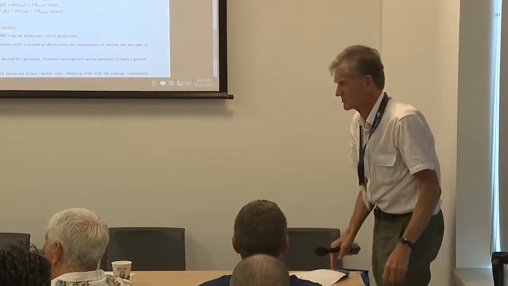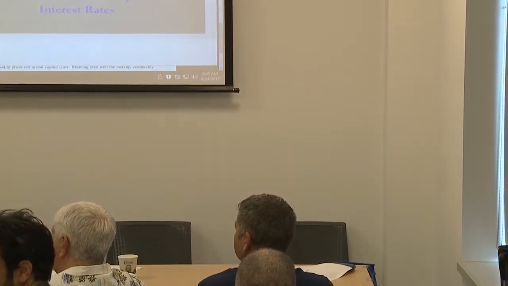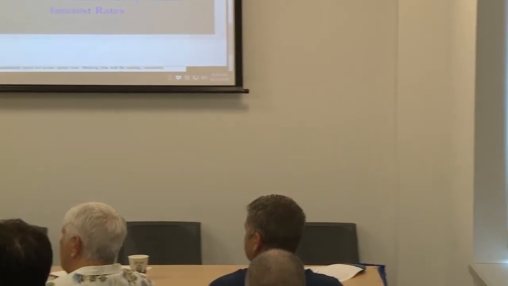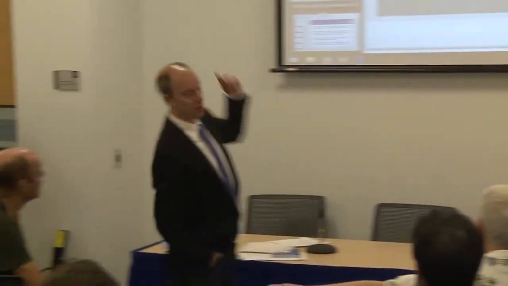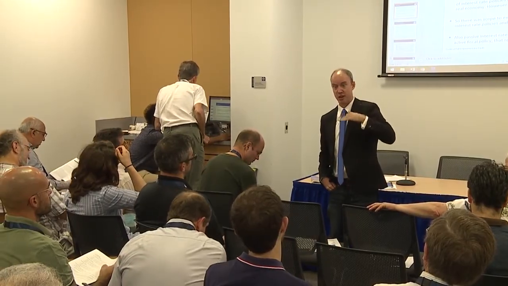Excuse me, may I ask a quick question? What are the indices in your linear model? Oh, the indices? Sorry. The I would be the sector, so the capital sectors, or the intermediate sector, or the final goods sector, and then the J would be the stage within each sector. Yeah, sorry, I apologize. All right, no problem.